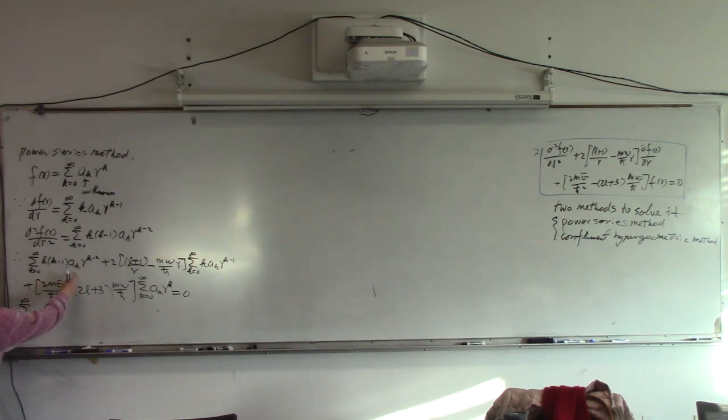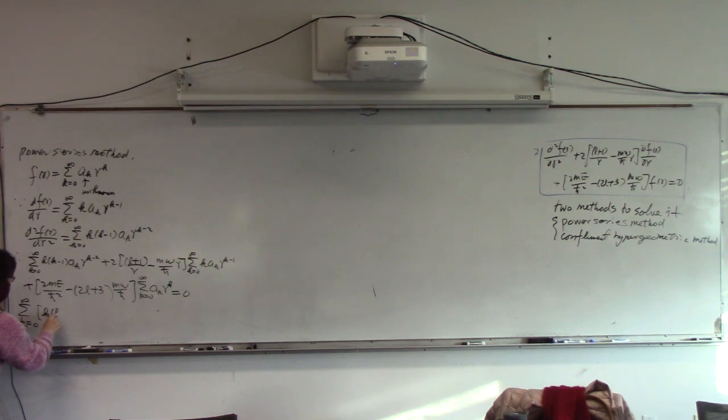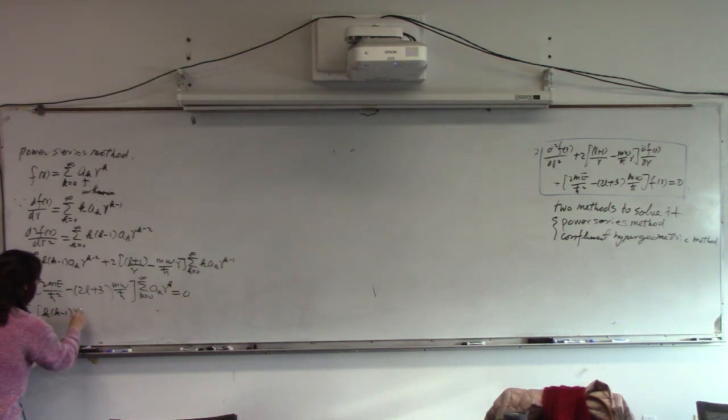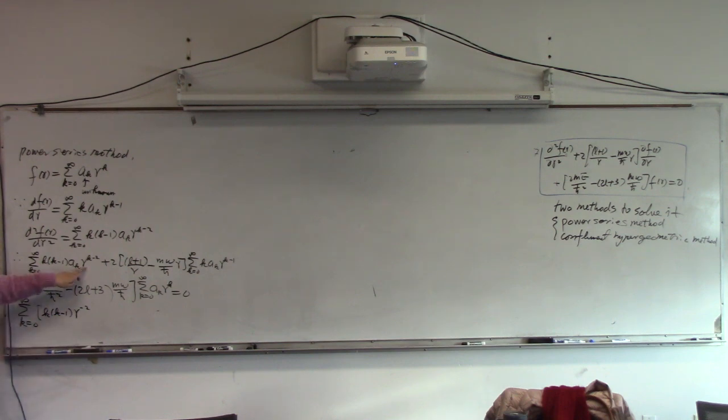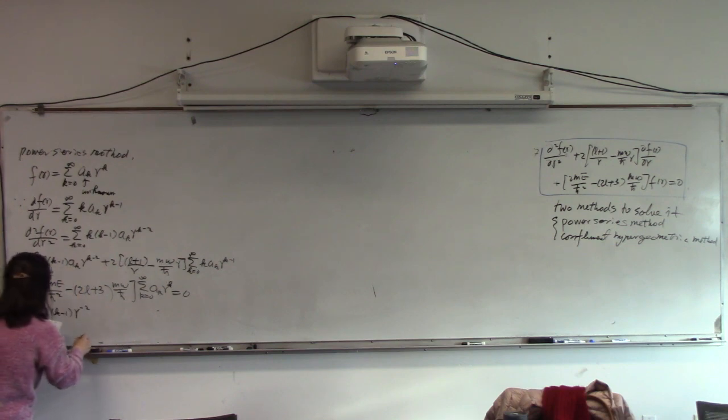Here, I take the a_k outside and take this r^k outside. So the inside, the first one, is k(k-1), and here we have r to the minus 2, right? Since I take r^k outside, so we have a minus 2. That's the first term. And the second one, plus